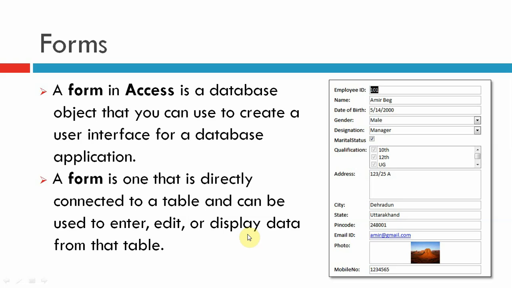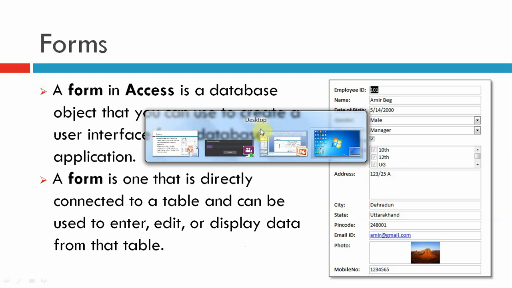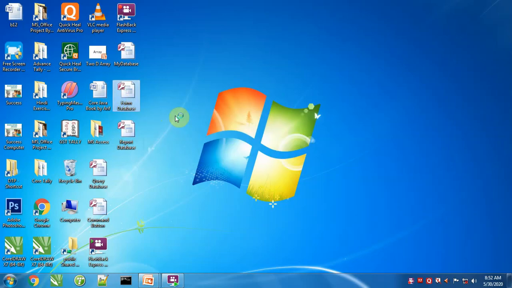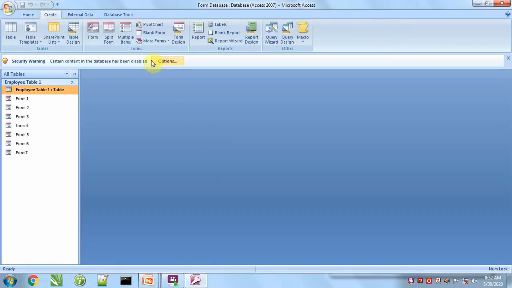In this class we will study buttons control working with forms. In the last two classes we studied about forms. We learned how we can use these options, and with the help of these options how we can create forms. In one separate class we discussed how we can design a complete form manually. But in today's class we will see the working of button controls, how button controls work.